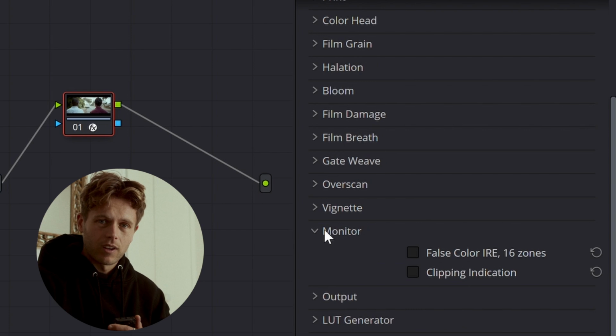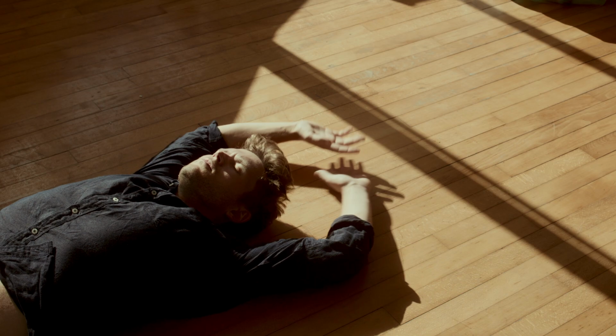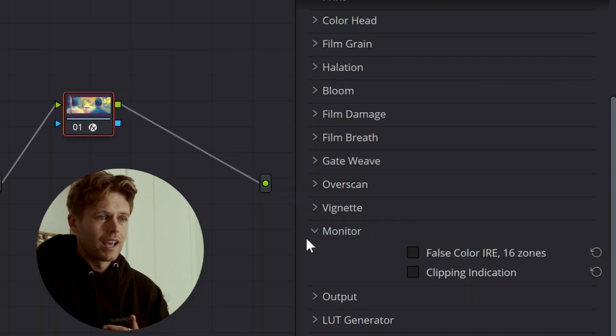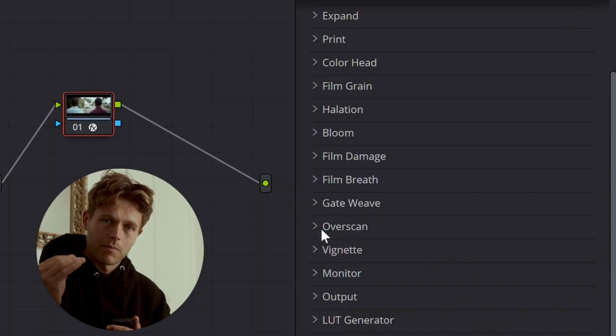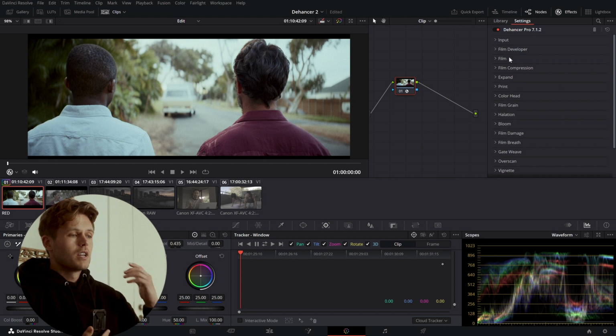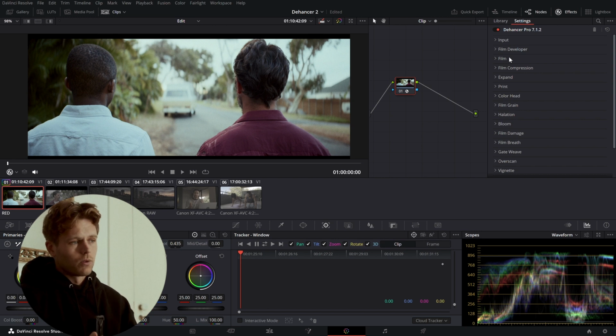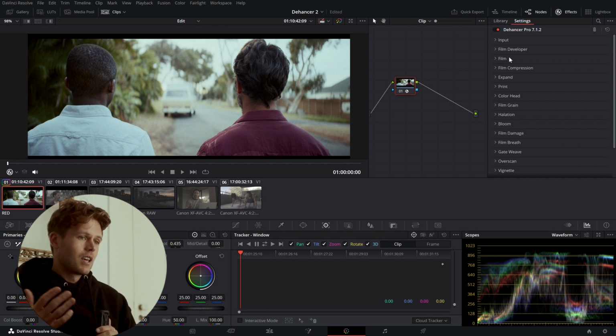Monitor, I love the monitor feature of just going in here and clicking false color. It's a nice way to realize where you want to set your exposure in post. For this short film, we shot on anamorphic, so we're already going for a look. I know that in this film I would like to get some grain. I'm going to play around with grain,